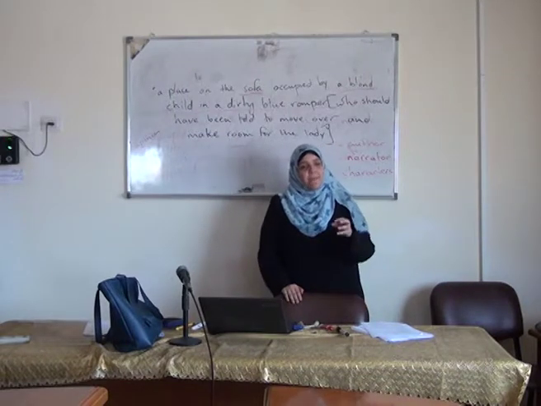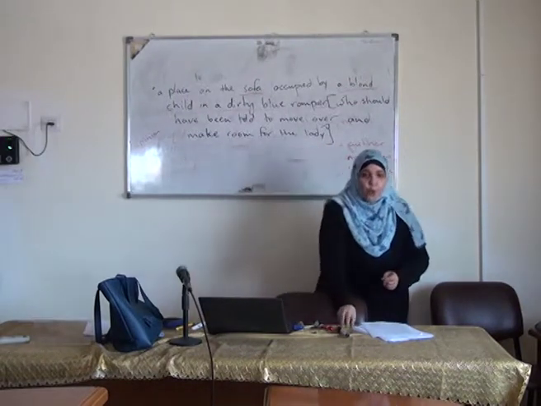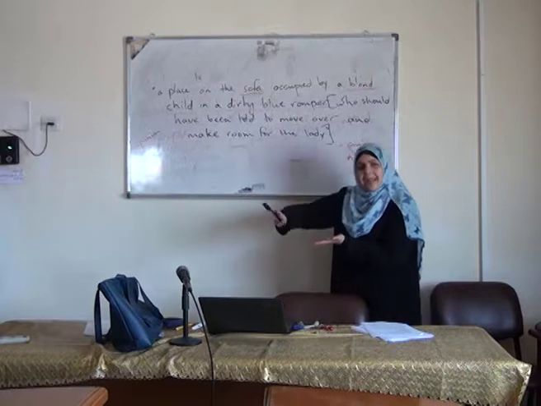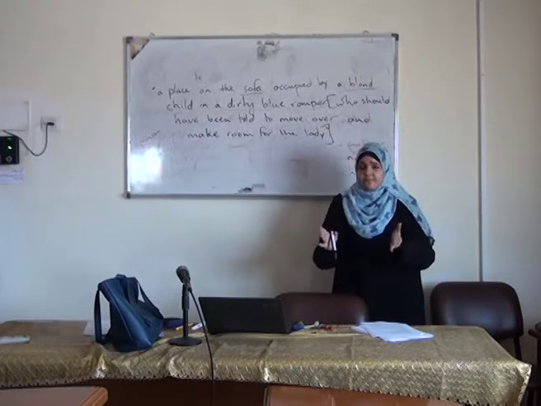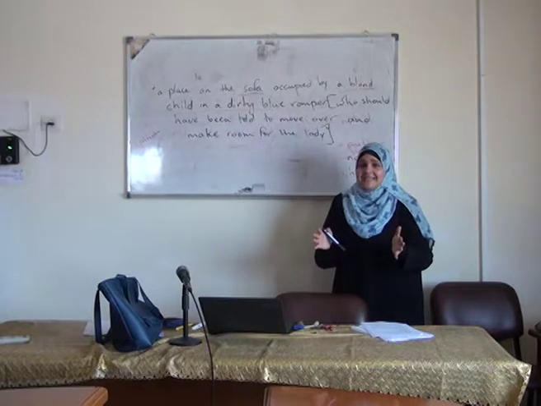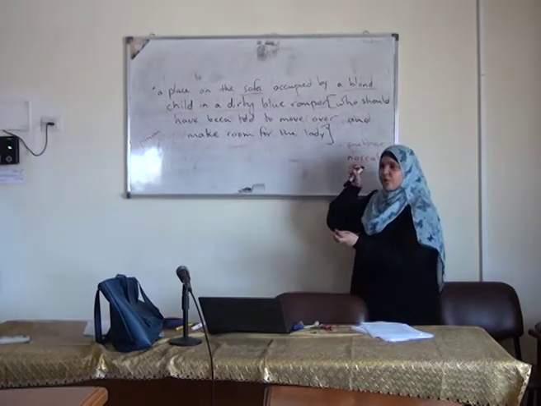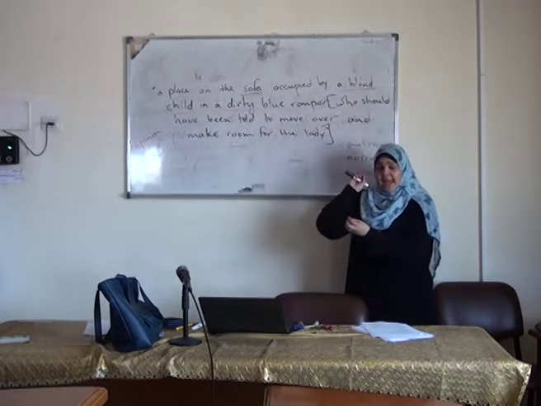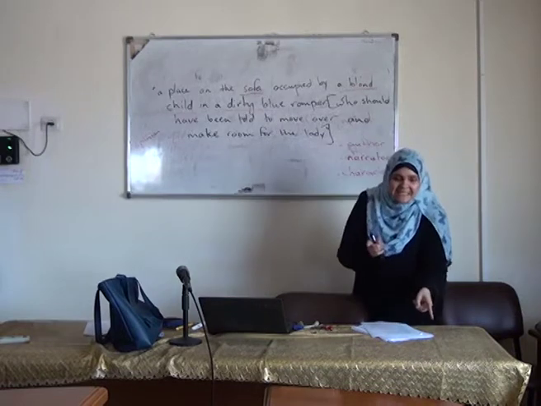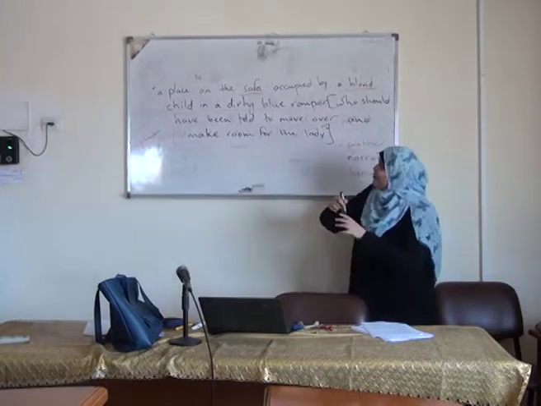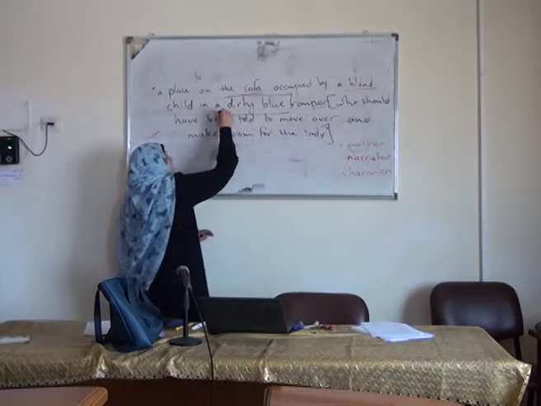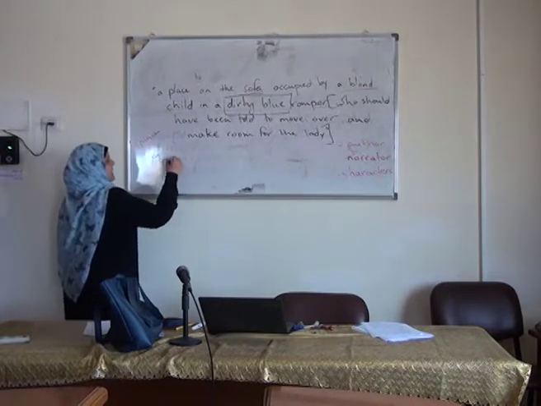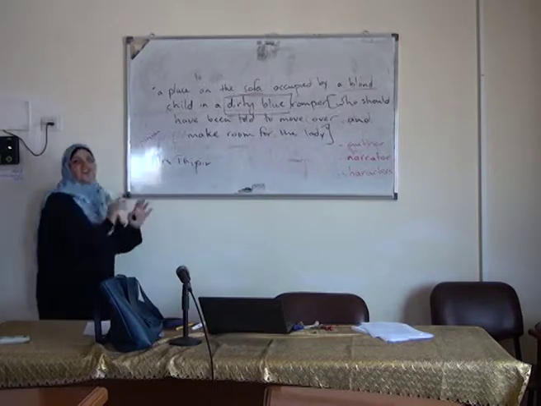She makes judgments on other people. Now, the moment we start describing things, we know that the narrator here, in this case, is very remote, very far away from the scene. We've got a waiting room in a doctor's office, and the narrator goes in and out of the character's mind. He goes in, he goes out, he goes in, he goes out. It's very hard to tell, is this his opinion or her opinion? As soon as we read "dirty blue romper", we know that she, Mrs. Turpin, is very judgmental.